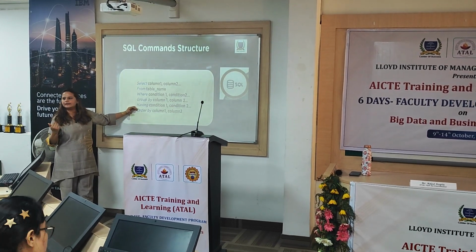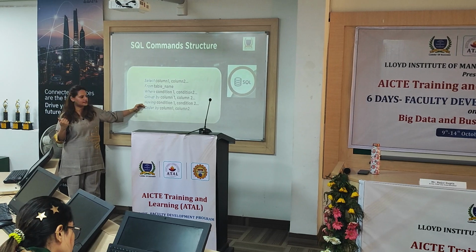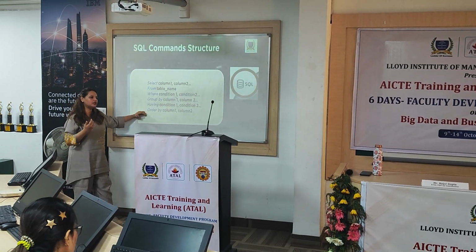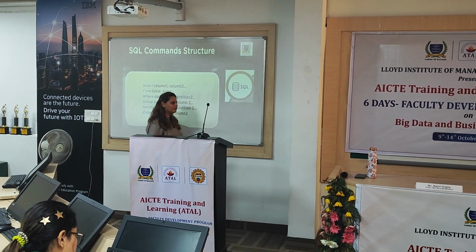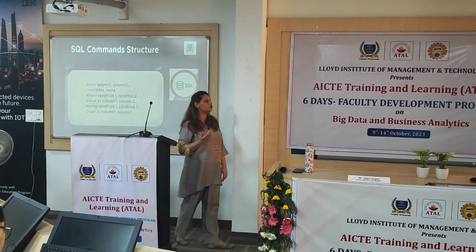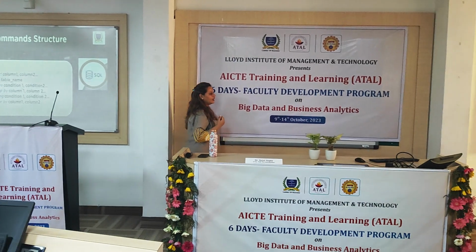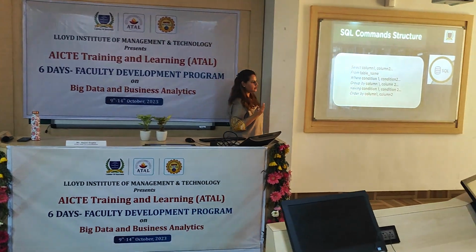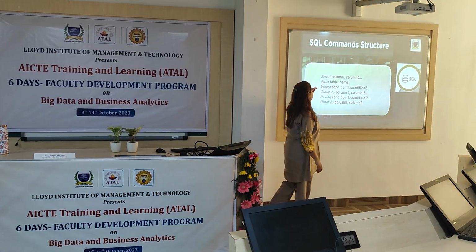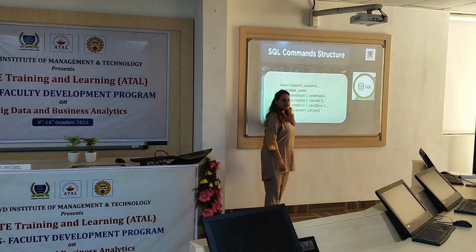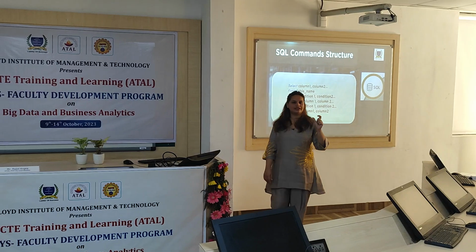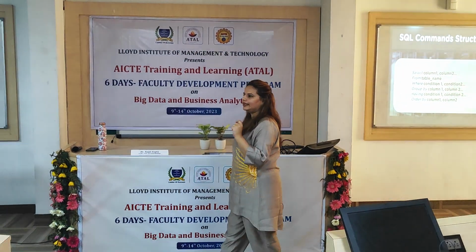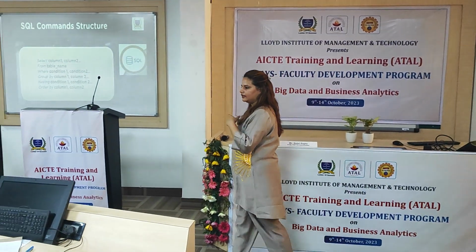And having helps in creating aggregate functions. Order by basically means ascending and descending. Whether you want your things in ascending format or descending format. Basically sorting in Excel. If I correlate everything with Excel, select means print, what is the output. From means from which table. Where is particularly a specific condition. Let's say I want to fetch students who have scored less than 80. So I will put that in the where command.